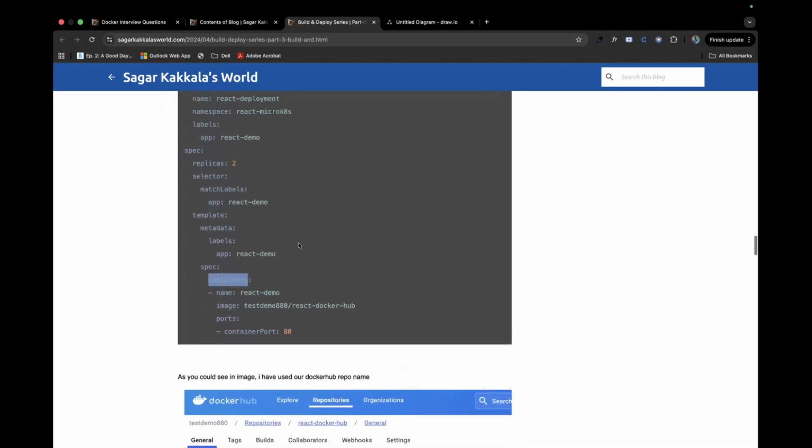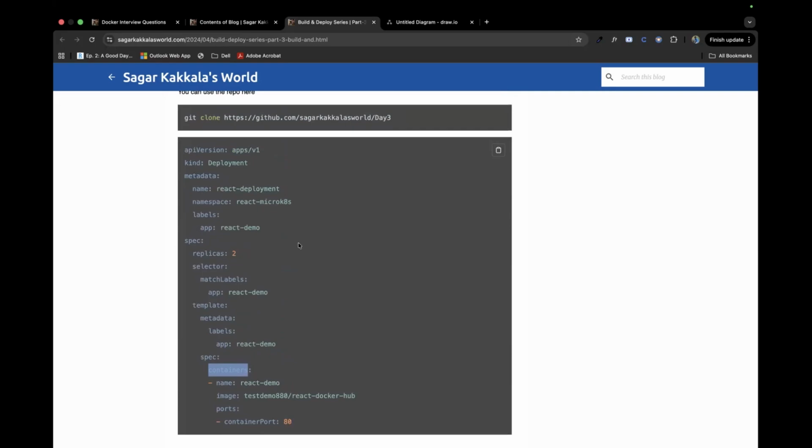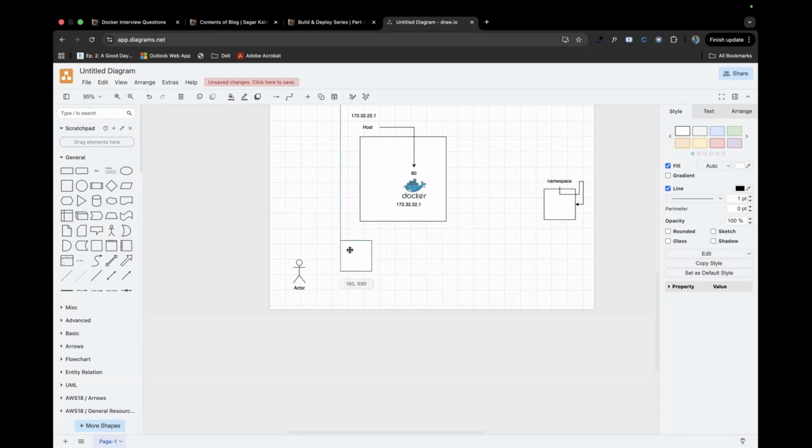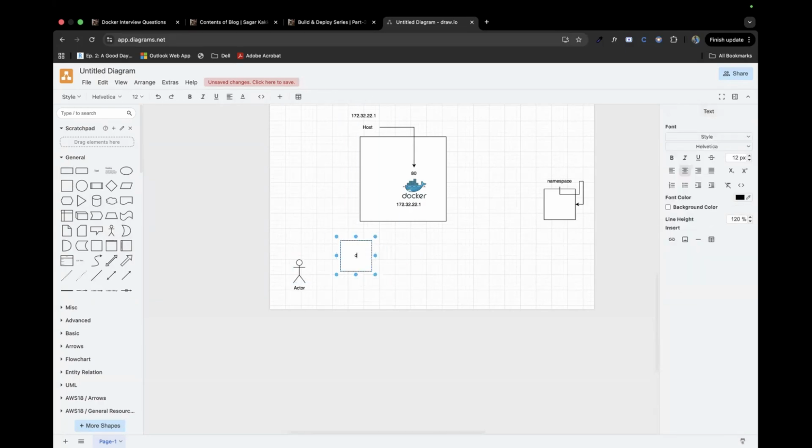And one more thing, why Docker has shifted to Kubernetes is because, let's say you want to run one application in Docker, and this is the Docker container.